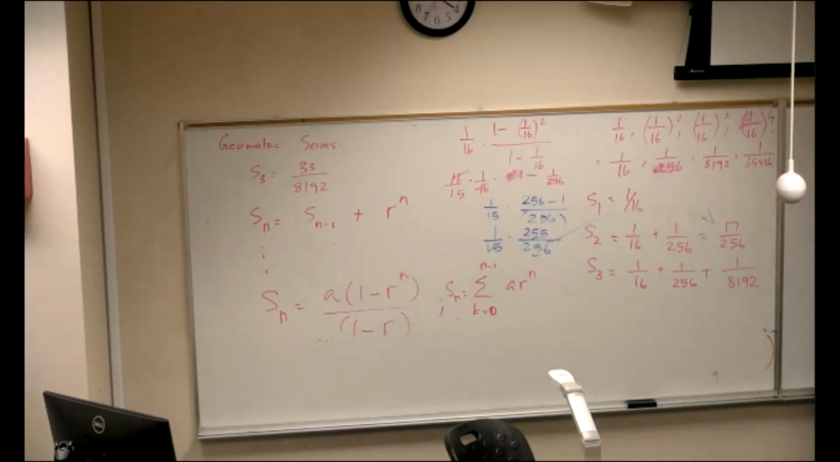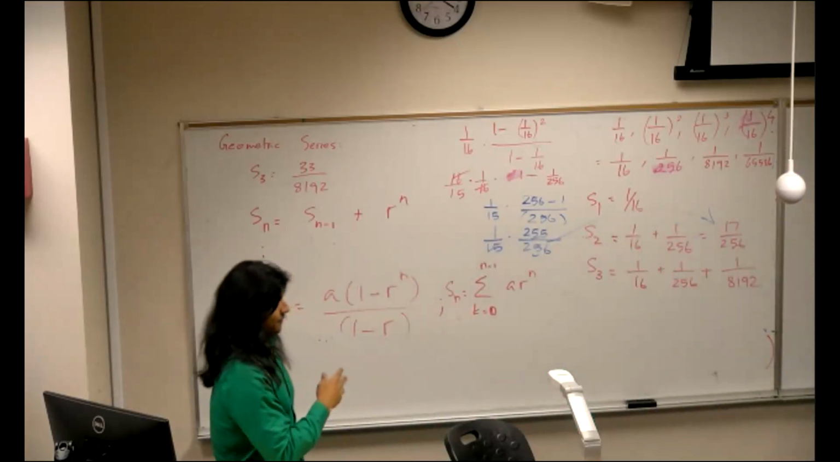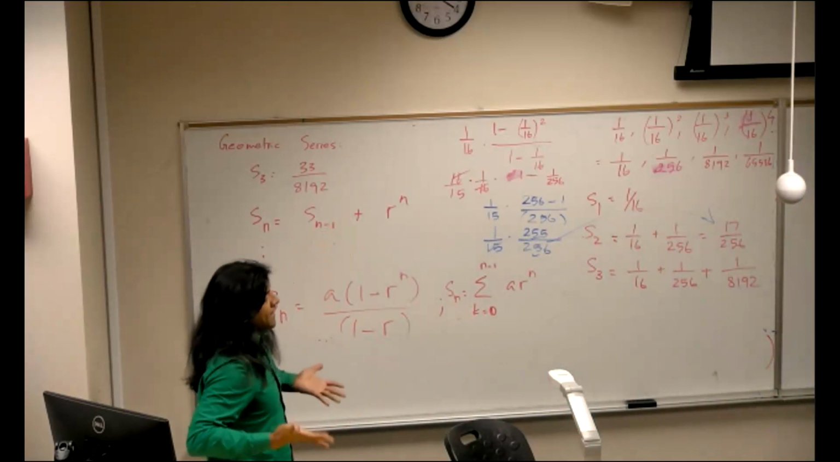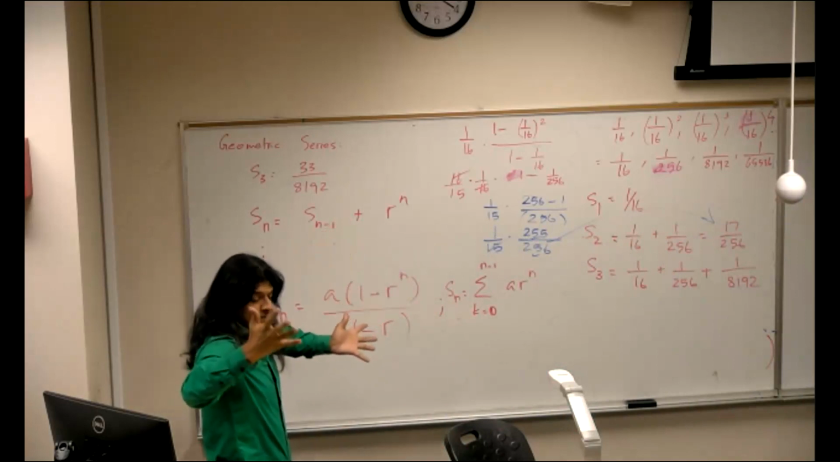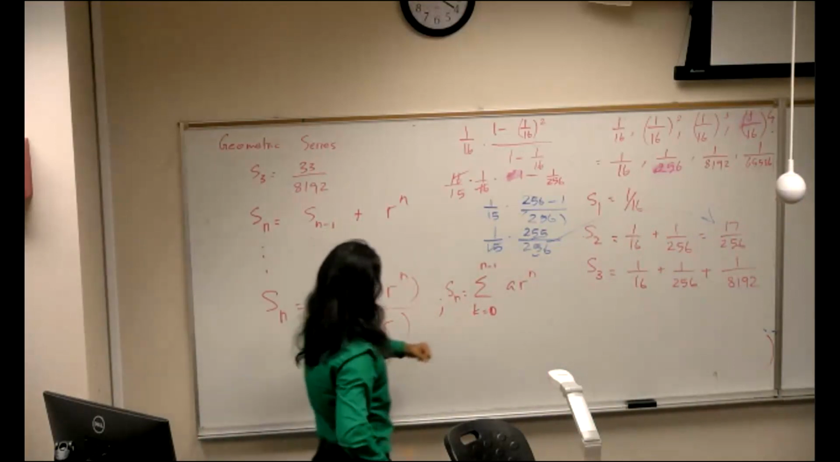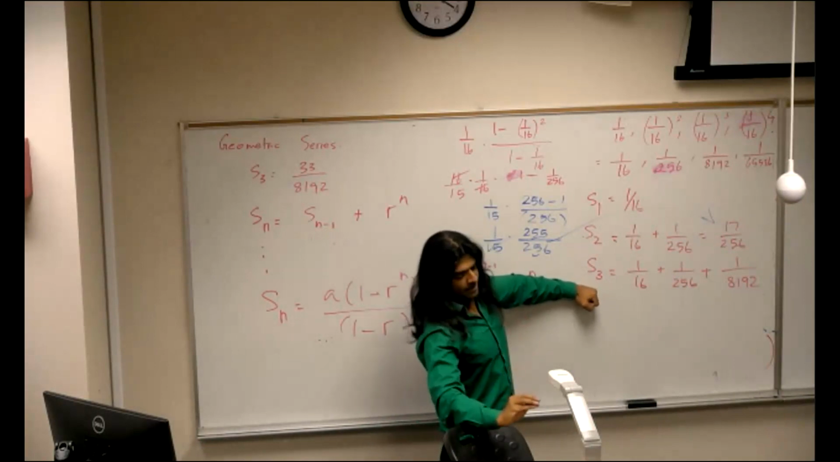But I want it to be divergent. The sum is going to get bigger and bigger and bigger. It's going to blow up. I'd end up having a lot of money. But if things are shrinking beyond a certain point,